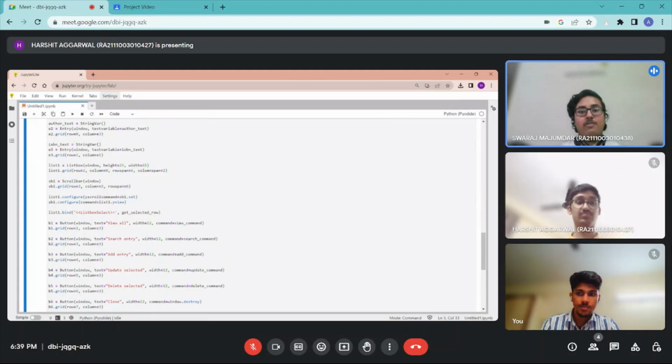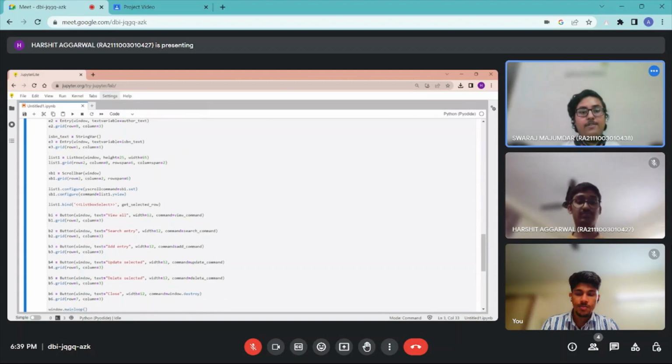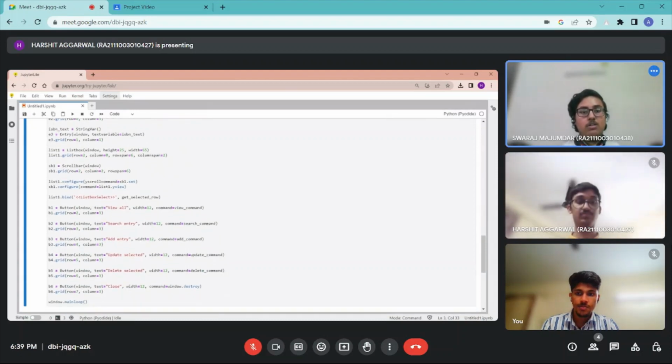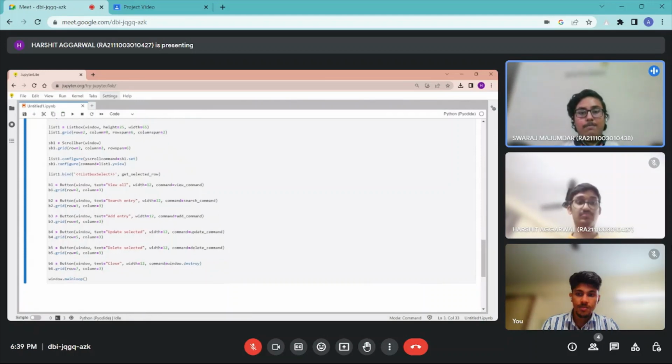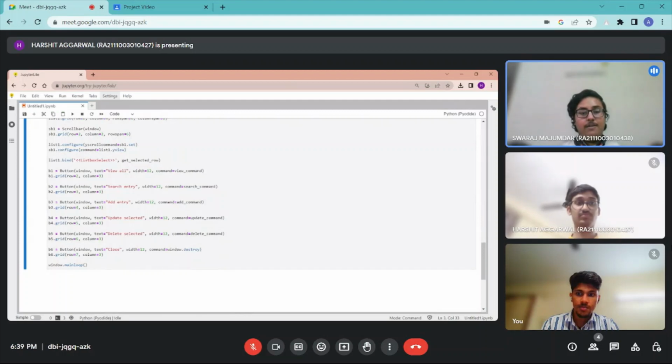Then we create a scroll bar for the window to scroll through the list entries. We also assign the grid to the scroll bar and its row span. Next, we configure the scroll function for the scroll bar object SB1. Then we bind the list scroll bar and the configuration in line 129. Next, we create buttons for various operations, give them names and their particular commands. Finally, we write window.mainloop, which carries the functioning of the GUI window on a loop until it is closed